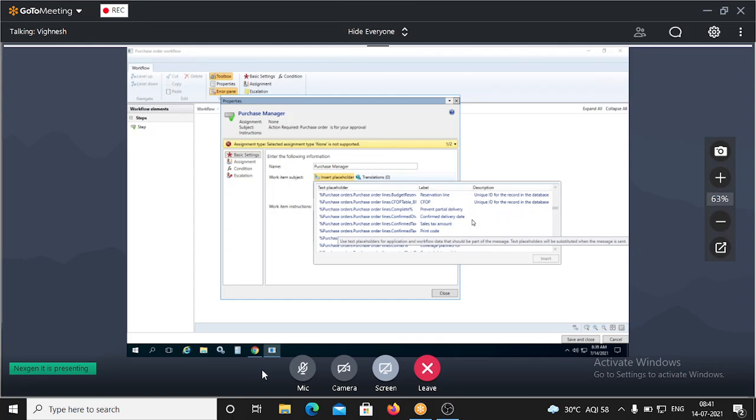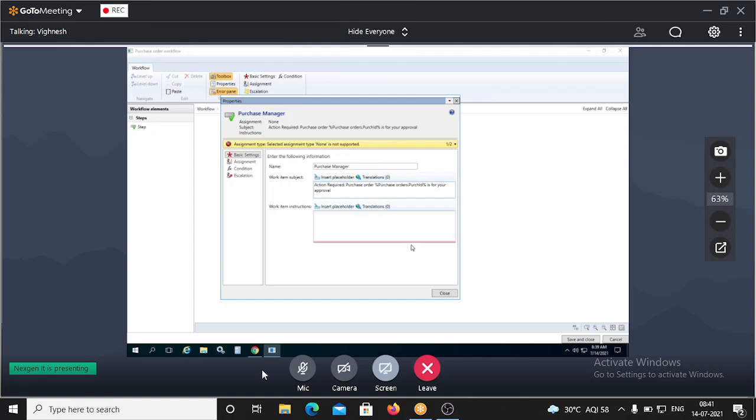Purchase ID. Okay. So purchase order, insert. Action required: purchase order so-and-so, the purchase order number, is for your approval. Then message. In case you want to add a message in this, even in the message normally people include